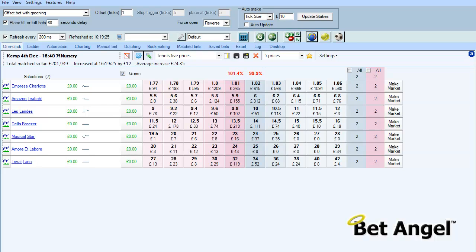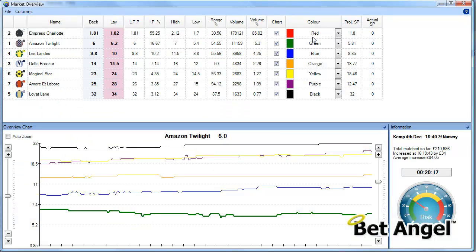This video is to show you about the market overview screen. It's a feature we've had for a couple of years, and we have recorded a video on it before, but it's lower resolution, so this is a high definition video of the market overview screen. The market overview screen can be accessed by clicking on this icon here, and I'll explain what each of these areas